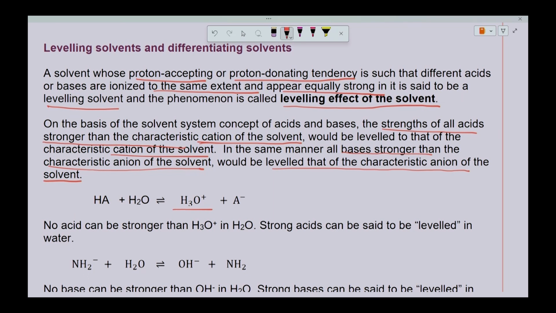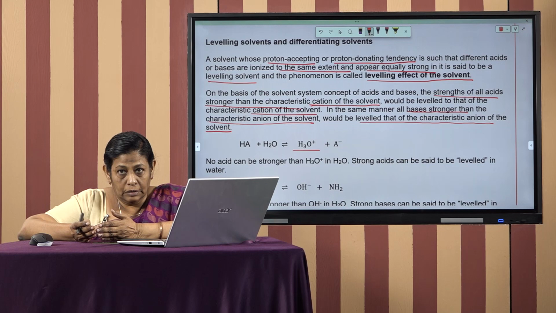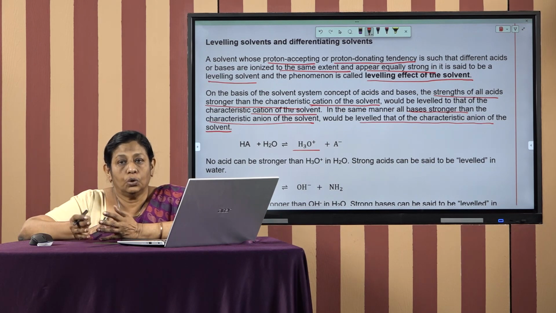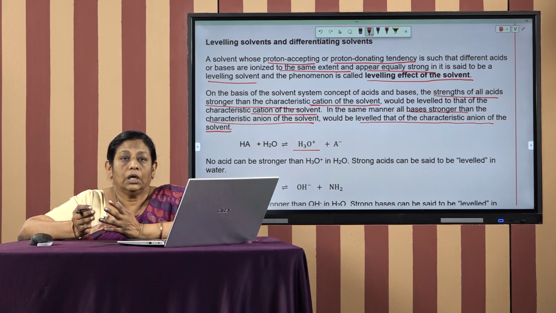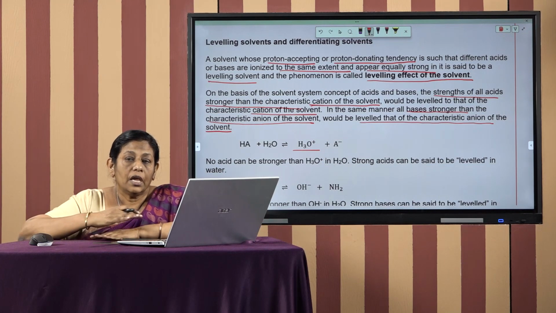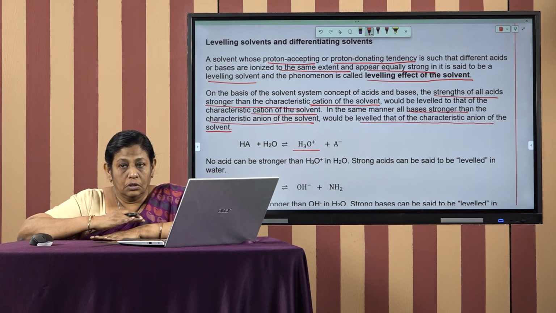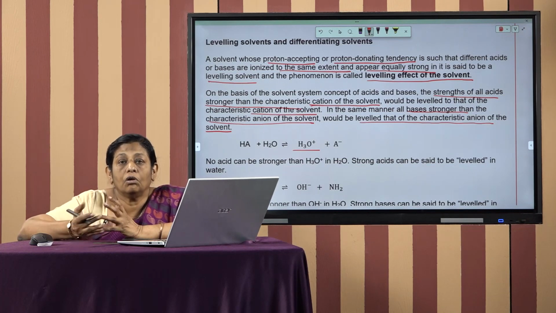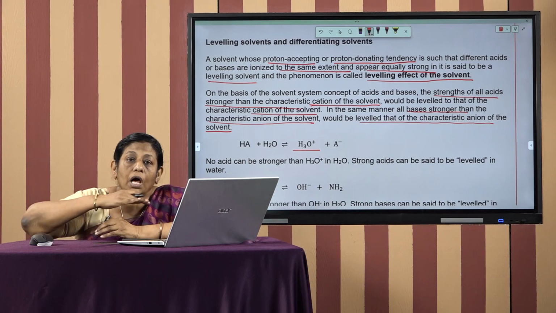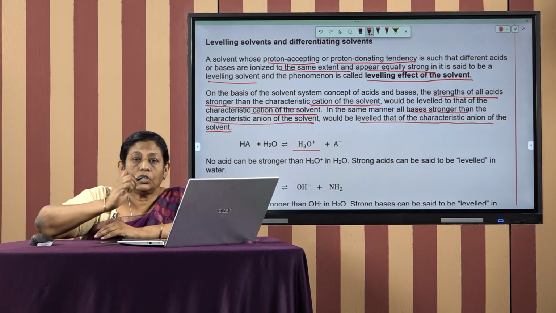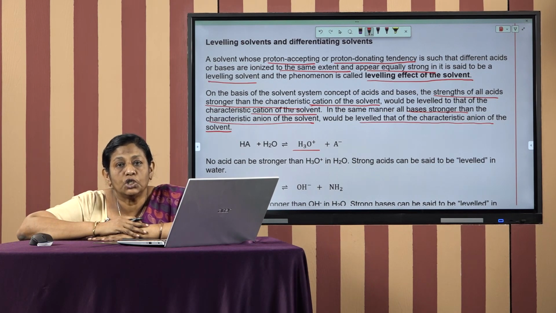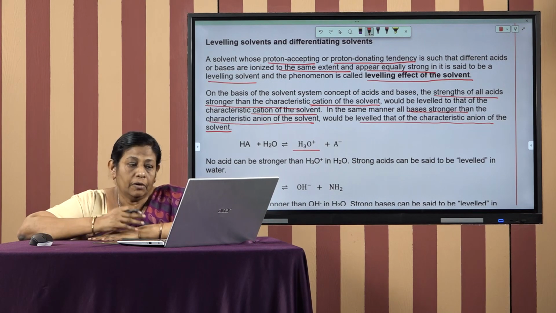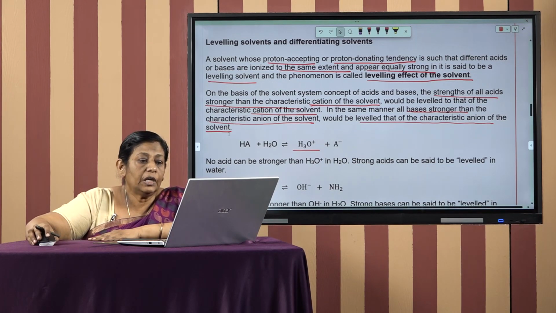So, if we add HNO3 or any of the acids to water, the strength or the ionization of these acids is leveled. You cannot say whether nitric acid is stronger or sulfuric acid is stronger. All are leveled to the cation of water, that is H3O+. Okay. Then when we come to the base,